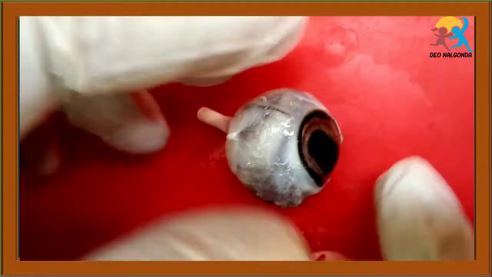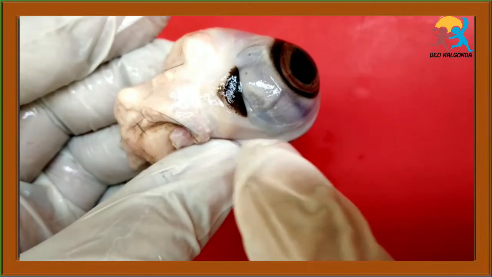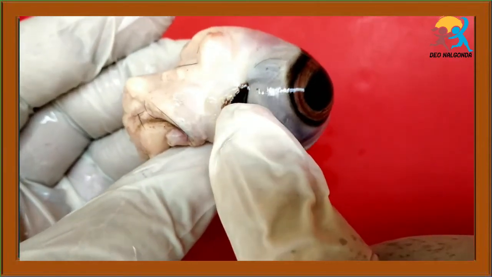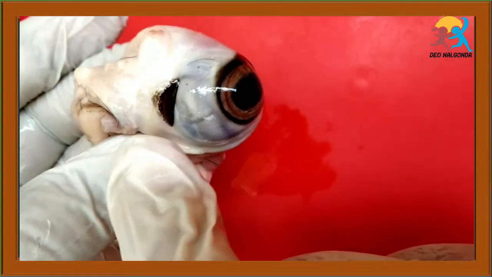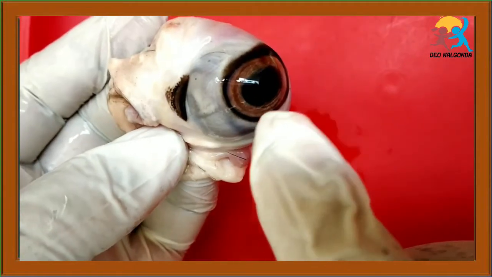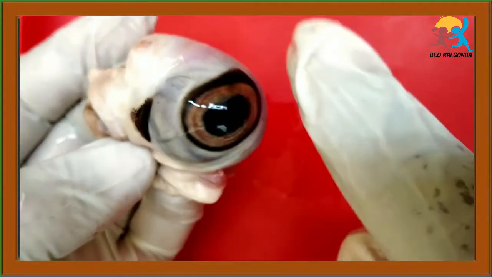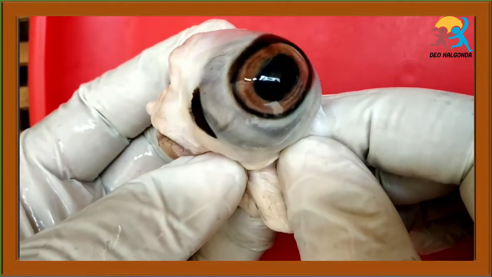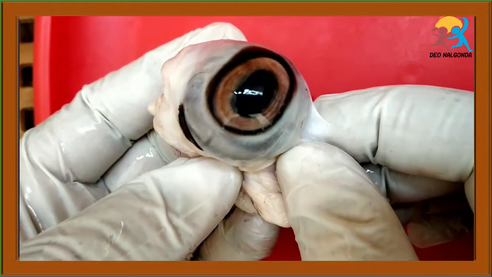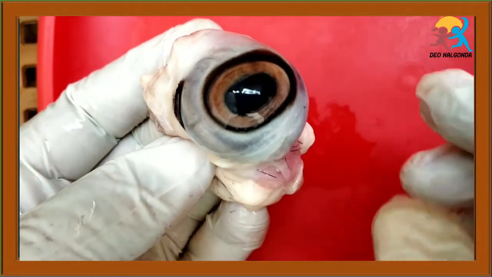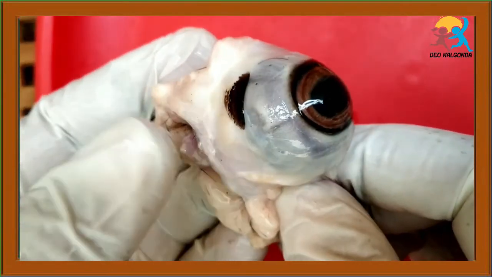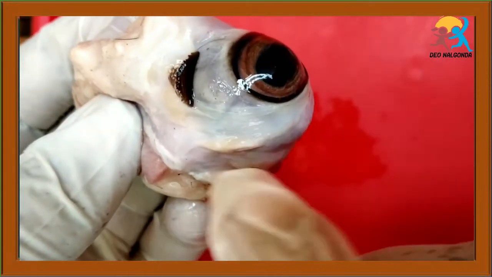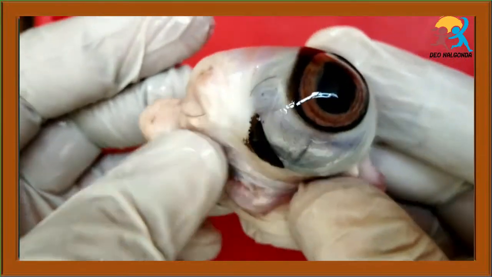First I want to show you the anterior, the sclerotic layer which covers the eyeball, and just behind that layer you are finding the black color layer. That is nothing but the choroid layer. When you observe the sclerotic layer, it is covering the complete eyeball. The shining part of the eyeball is nothing but the cornea.